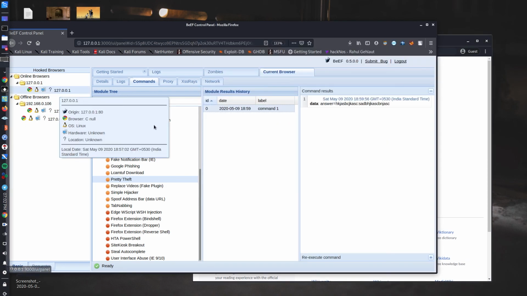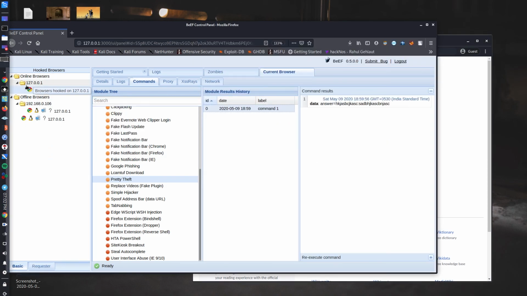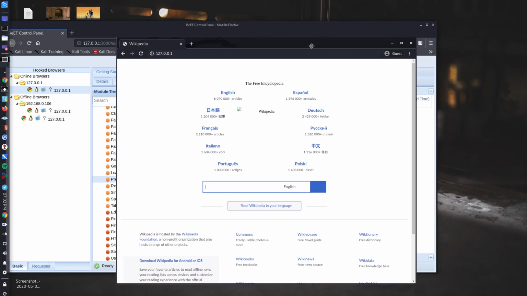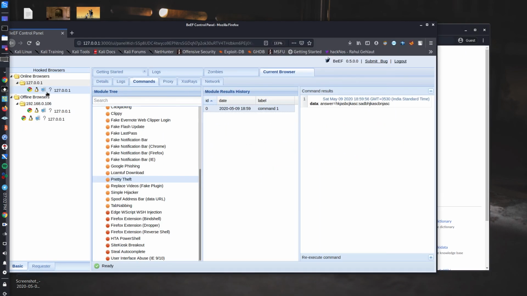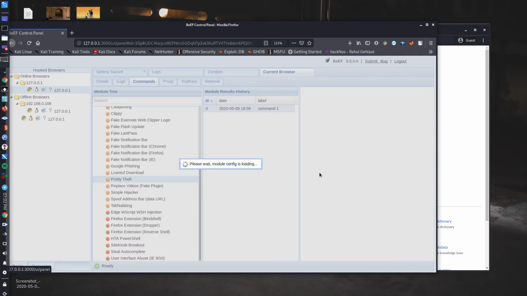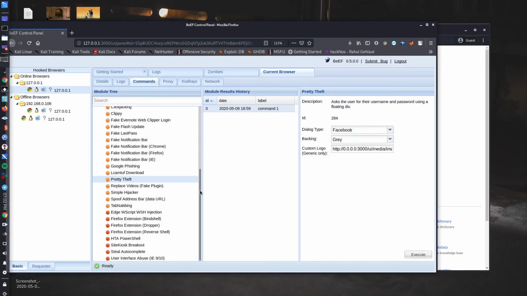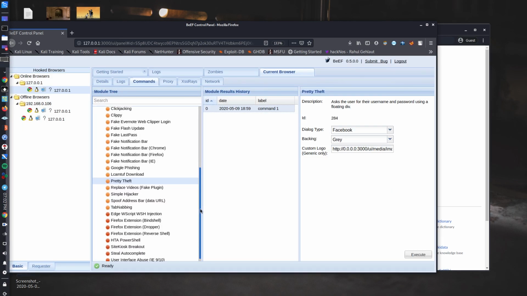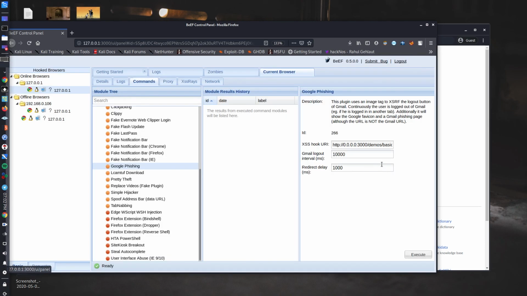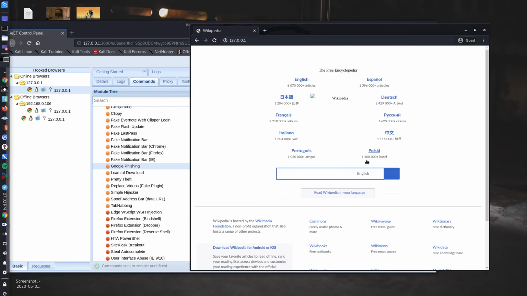So here we go again. We have the online browser, and BEEF is hooked into this browser. Again we can go to commands and petty theft, and there's a thing called Google phishing. Now we're going to execute this.